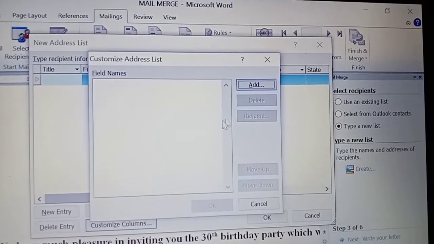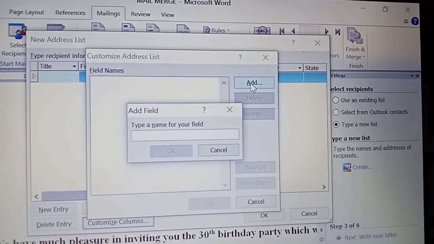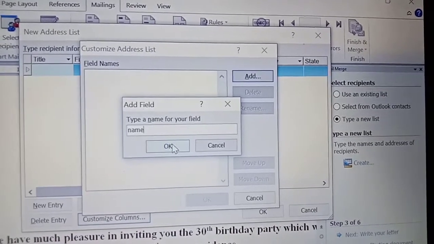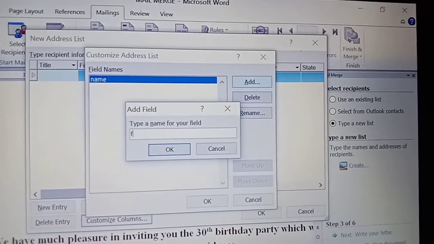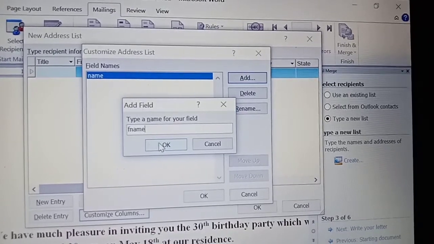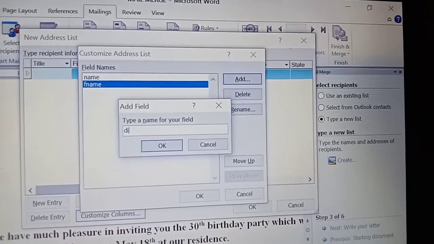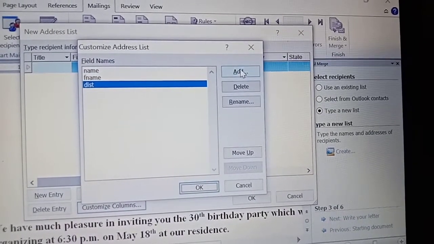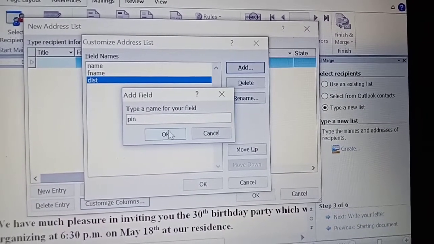Okay, so now I'm adding my field names like this: name. So now I'm typing the field name, click on OK. Again click on add another field. I'm adding father name, district, pin code,